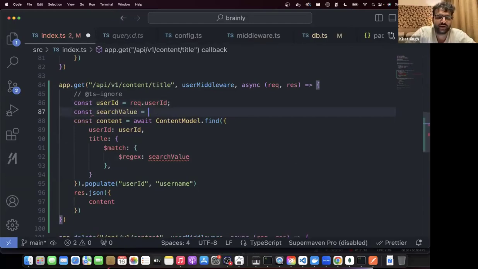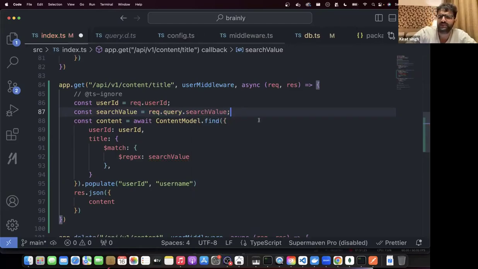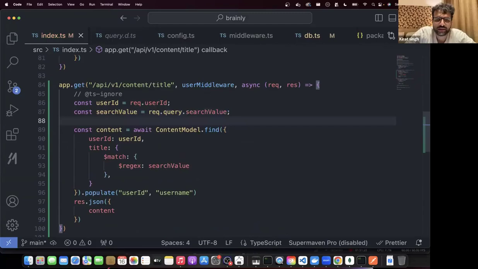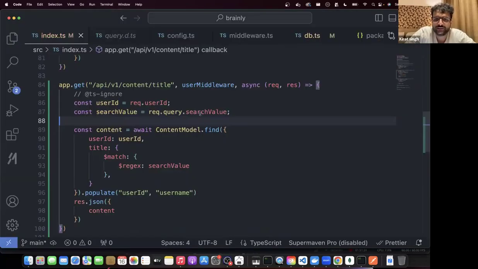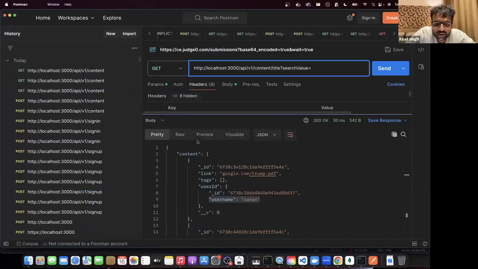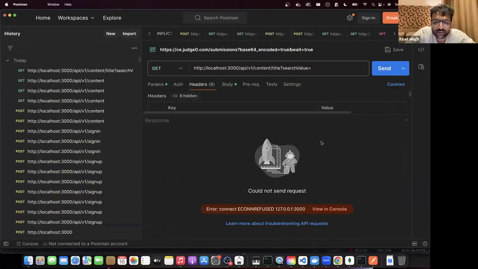Search value equal to req dot query dot search value. Something like this. Let's see, does it work? Slash title question mark search value is, let's say, what did we have here in my contents? Let's say it's empty for now. तब तो सारे आ जाएंगे.